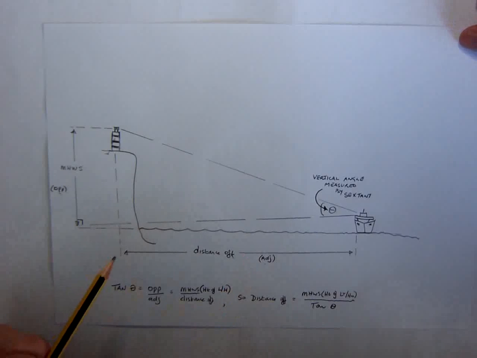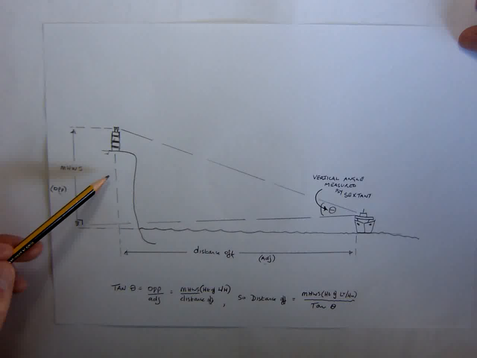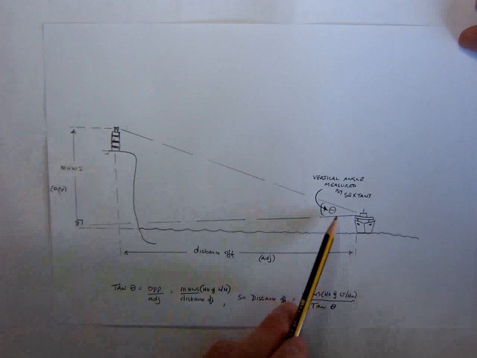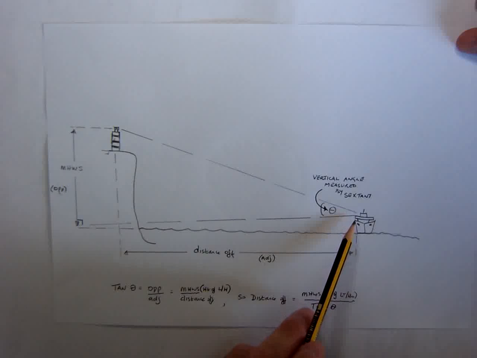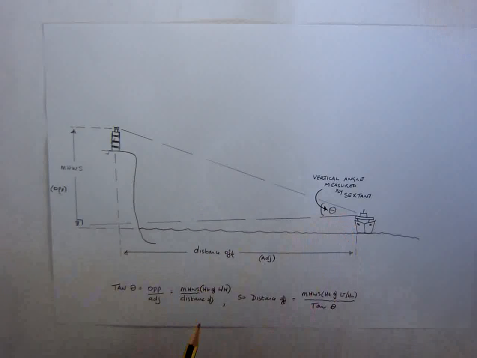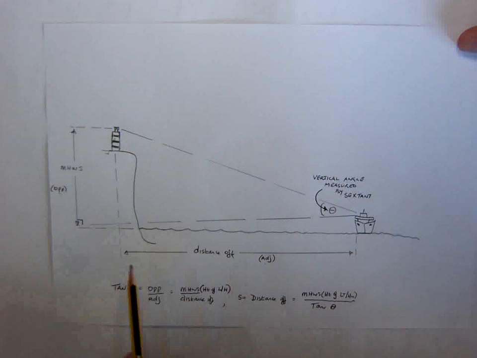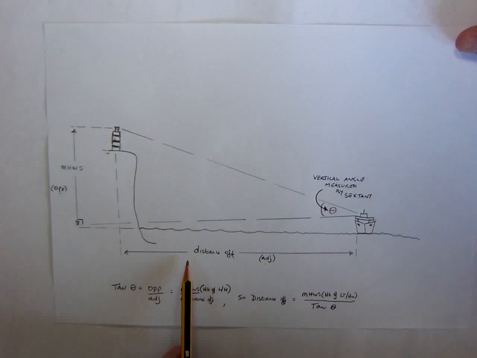So we know the height of the lighthouse. We've measured by vertical sextant angle the height from the vessel, and with these two values, let's see if we can calculate our actual distance off the lighthouse. Okay, well, we can solve this mathematically,